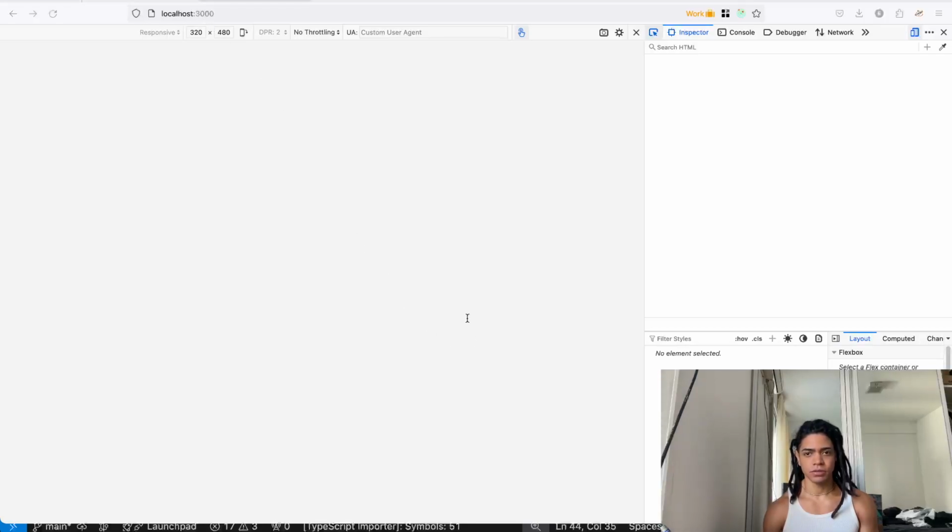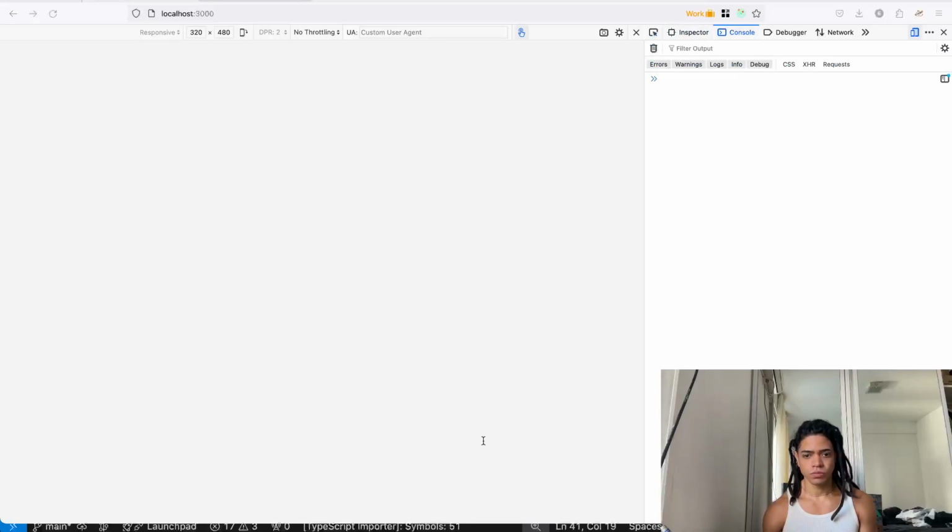Oh, of course, because I haven't run the server. Okay. Let me see the error here where it says on support align items. Do you mean align items?